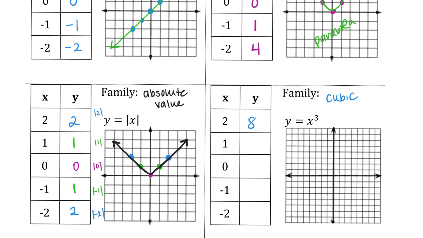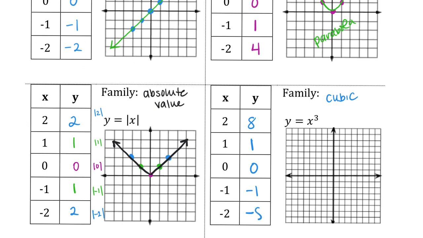Okay, 1 to the third. 1 times 1 is 1. 0 cubed is 0. Now be careful here. Negative 1 to the third is negative 1 times negative 1, which is positive 1. But then when I times it by negative 1 again, it goes back to negative 1. Okay, negative 2 cubed. Negative 2 times negative 2 is positive 4, and then positive 4 times negative 2 goes